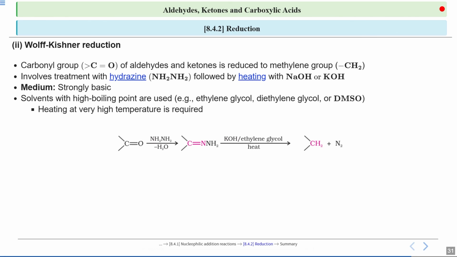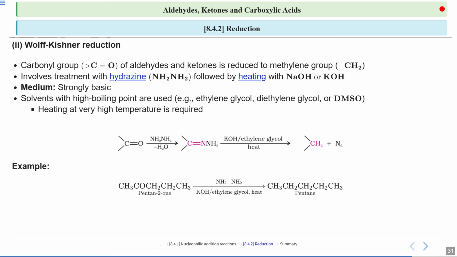If you look at this reaction, you have a carbonyl group. When you treat it with hydrazine, you get a hydrazone, and in strongly basic medium, this hydrazone is deprotonated and undergoes rearrangement when it is heated, and there is elimination of N2 gas and you get the methylene. So initially, starting with the carbonyl group, when you treat it with hydrazine, you get a hydrazone, and when it is further treated with the base, it undergoes rearrangement